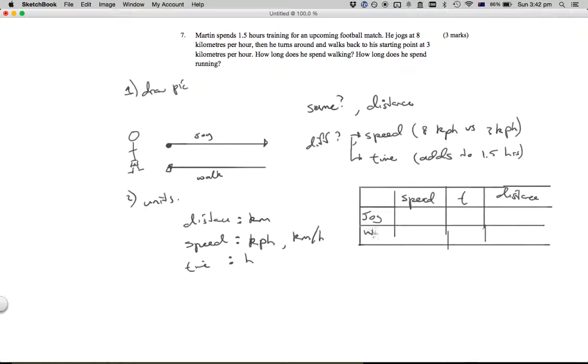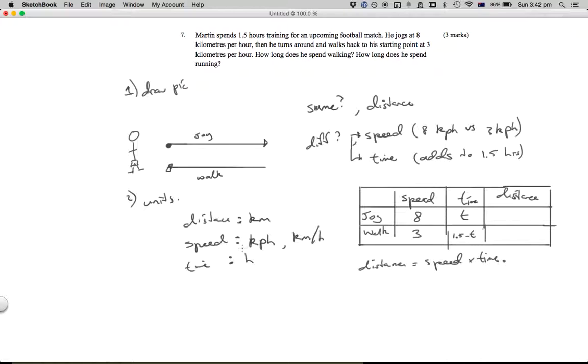jog, walk. So the speed we jog at is 8. When we walk, it's 3 kilometers per hour. Our time, if we call this t, then this is going to have to be 1.5 minus t. And now what about the distance? Well, we can generalize this and say that we know the distance